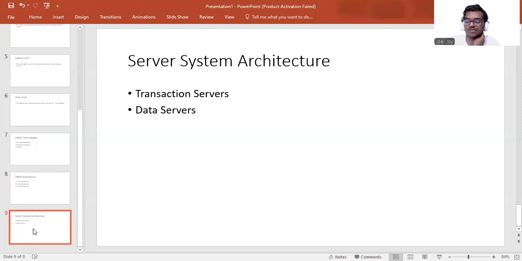Then there is the classification of database management systems. It is classified in various ways. The first is classification on the basis of data model. It is divided into relational data model and object-oriented data model. Classification on the basis of number of users is divided into single user systems and multiple user systems. And classification based on database distribution is centralized or distributed, and distributed is further divided into homogeneous and heterogeneous.